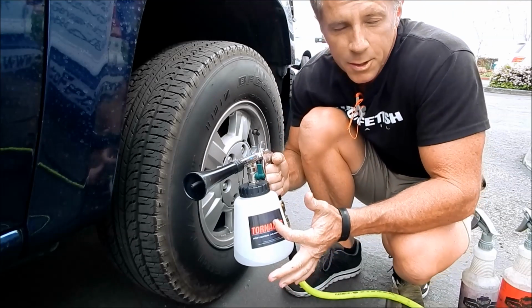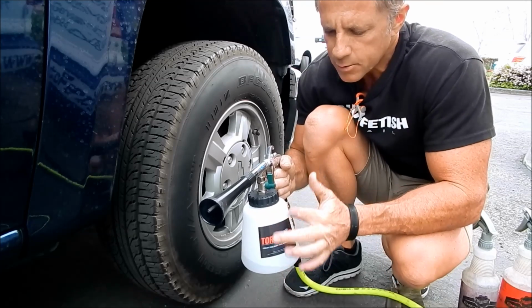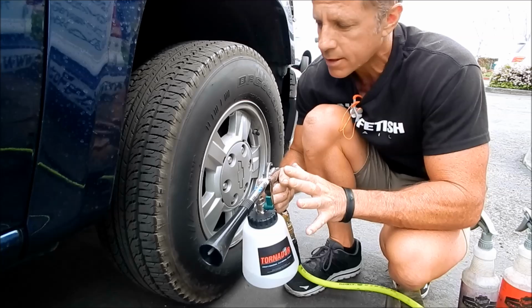Okay, I got my new Tornador, call it what you want. I'm not going to go into detail about this. I absolutely love it. I just wanted to show you yet another use that I've found for it,